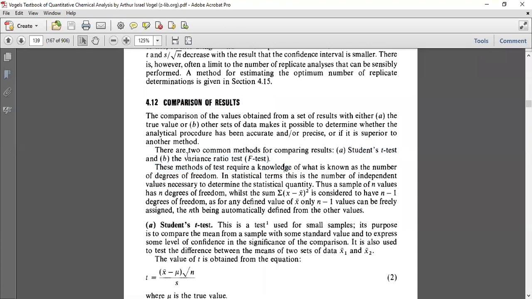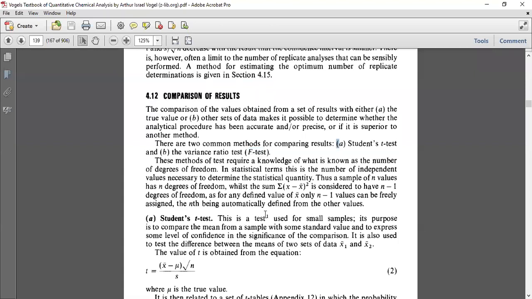Here you have to remember the synonym word also, because many students get confused. What is the variance ratio test? For example, a question will be there: write the significance of variance ratio test. तो हम लोगों ने मैक्सिमम फोकस दिया हुआ रहता है टी टेस्ट एंड एफ टेस्ट. एफ टेस्ट ही हमें पता होता है, बट दिस इज अ सिनोनिम वर्ड फॉर दैट, वेरिएंस रेशियो टेस्ट. So according to that you have to consider these two points, two tests: t test as well as variance ratio test. Then we will move further.